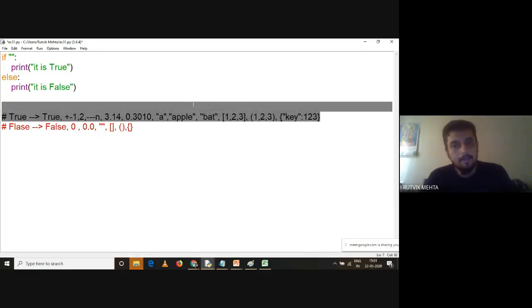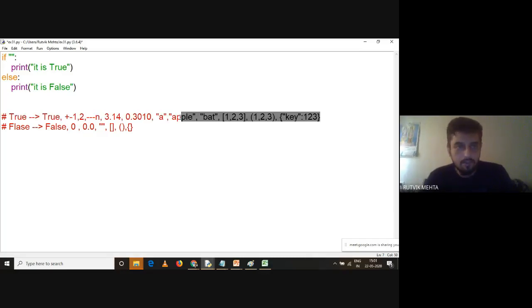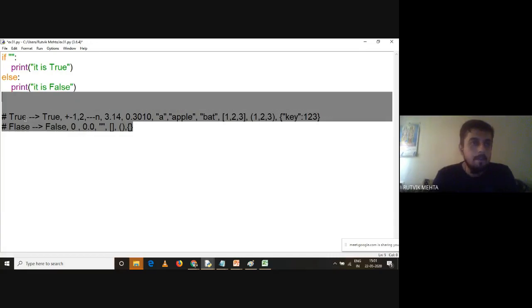If it contains some element, some data in it, it is always true. So I hope this concept is clear to you. This concept is used in so many applications, and it is asked a lot in examinations or quizzes. Even if you are appearing for any Python examination, like a Microsoft certified examination, these kinds of questions are asked. They will change this value with any other value, and they will ask questions according to this.